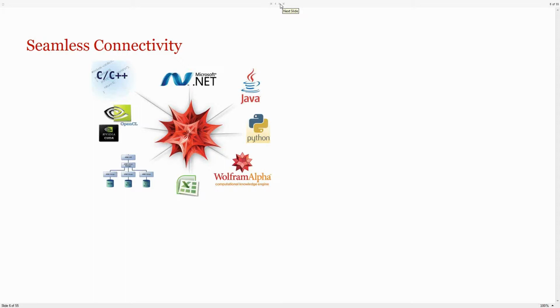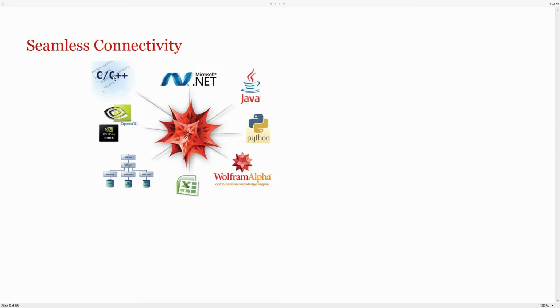And so to that end, Mathematica code does play well with others. It has what we call link technology, where it can speak with things in other languages. So for example, it has a technology called MathLink, where if you have code that's written in C or C++, it can communicate with that code in both ways. So if you have a C program and it needs to call something in Mathematica, you can do that. Or if you have a Mathematica program and it needs to call a program written in C, you can do